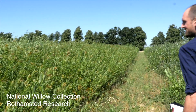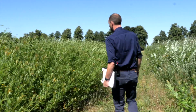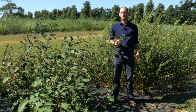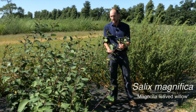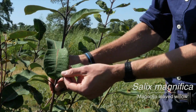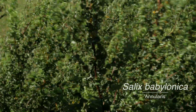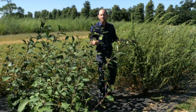So this is one of the largest collections of Salix in the world, hosted here at Rothamsted. And we've got 1,500 different accessions of willow. The morphology within the genus Salix is very diverse, and here we've got two really extreme examples. This has got really large leaves. Its common name is the magnolia leaf willow, or Salix magnifica, and it's got much broader leaves in this ovate shape, which are really in contrast to these tightly curled leaves of Salix babylonica, variety annularis. You can see they're very, very different, and they sum up some of the amazing diversity that we have within